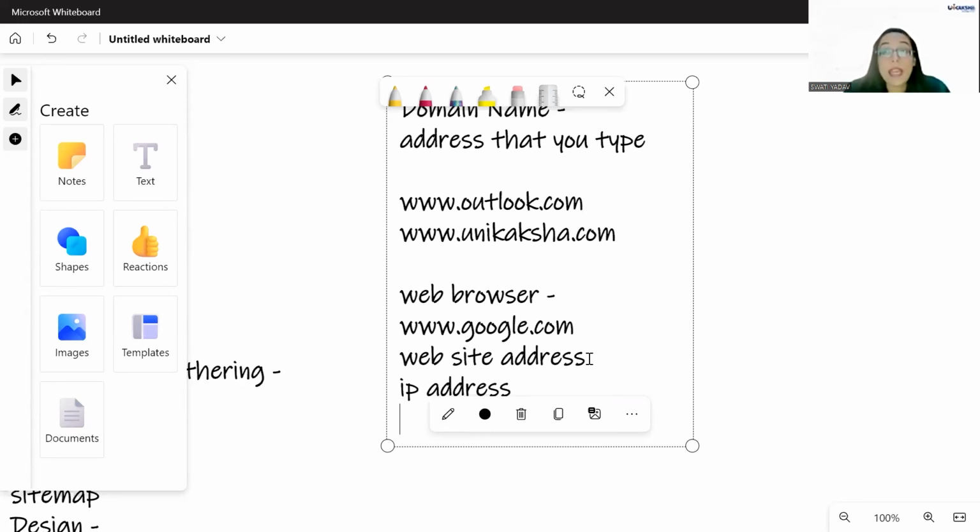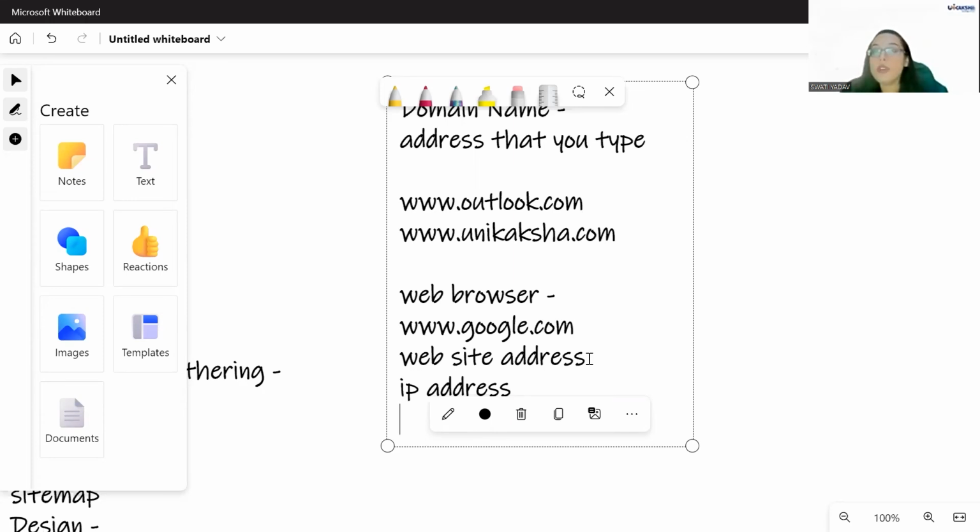So when you type a domain name in your web browser, your web browser is actually conducting a series of inquiries. It's not that simple. If you think that you just go on the internet, write something down, press enter, and it gives you the result, it's not that simple. It searches for that information over the internet.